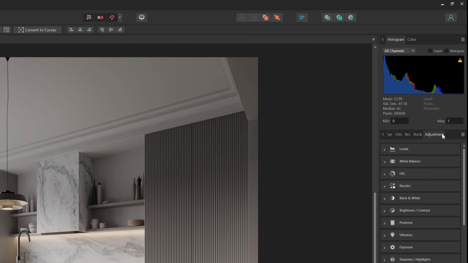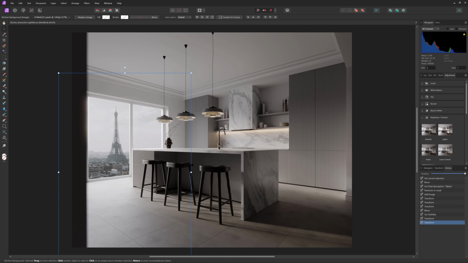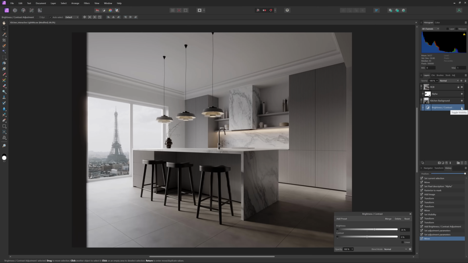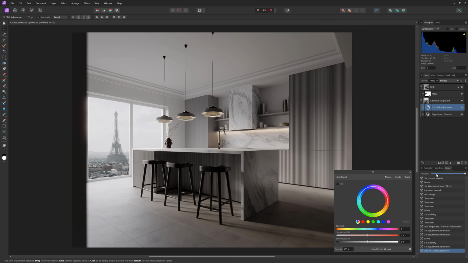Now for the adjustments, we can go to the dedicated window. And we can apply the default layer without settings changed, or choose from some presets. You can see it's already brighter. We can still adjust it if we need to. We can have this on top as in Photoshop, but we can also add it to the background layer. In this case, it will affect only the layer that it's applied to. I really like it. It makes everything super clean. We can also add adjustments from here. If the sublayer is selected, then the adjustment layer will be automatically created on the dedicated layer.